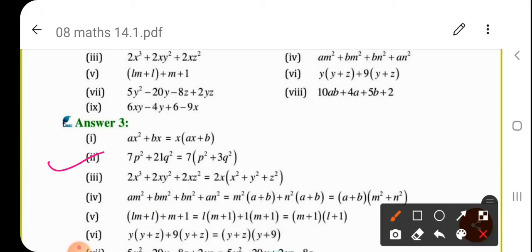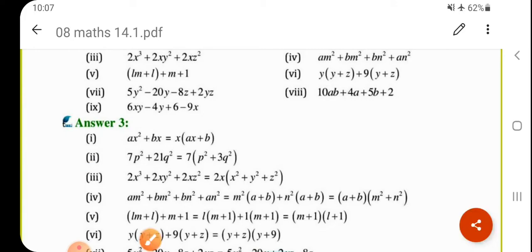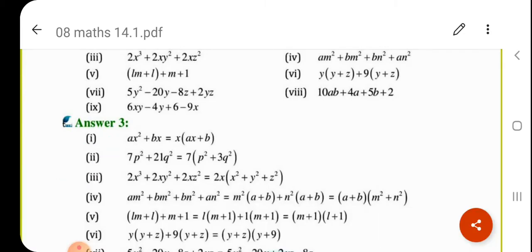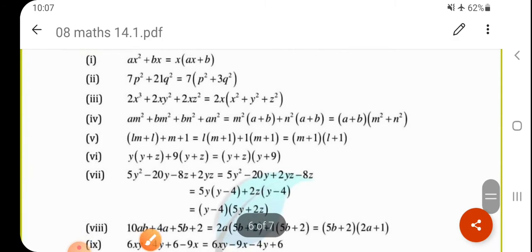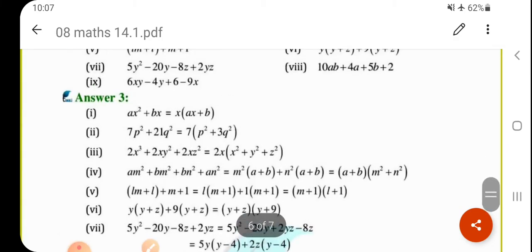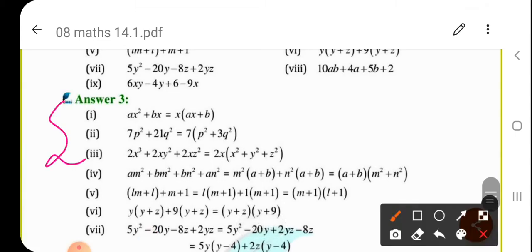Let's see such kind of examples. In whichever examples I am going through, if any term is common, you have to write it outside, and whatever terms remain inside, you have to write in the bracket as they are. So examples number 1, 2, 3, okay, 3 examples. The first three are the same. Then let's see the fourth one.